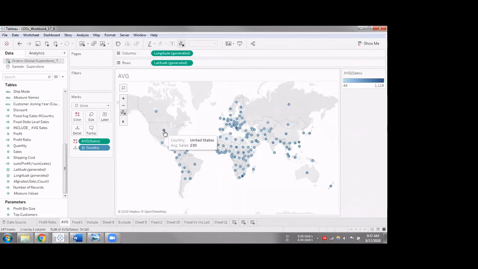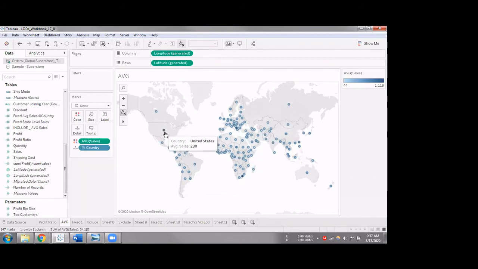But that's true. So it's working at a row level. It's dividing by number of records. That's why it's working at a data source level of detail. That's why it's taking the denominator as number of records. But let's say we don't want that. We are interested in seeing a value for each country: give me the average sales value in a state. So for example, what is the average sales value in a US state? I want that to be displayed here instead of a